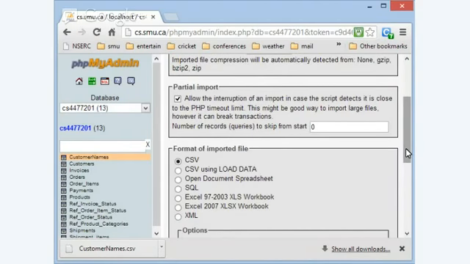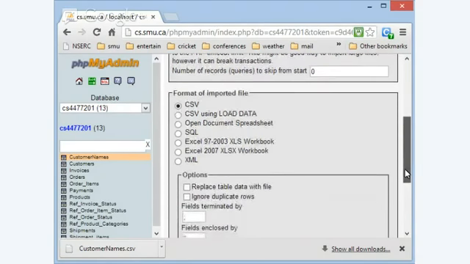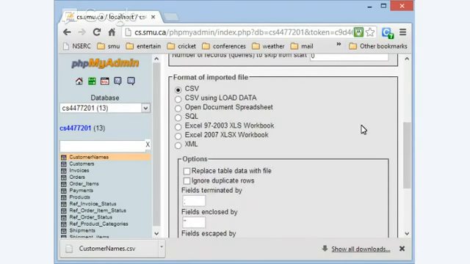If I use CSV, then it's going to add 1 record at a time. Load data is more efficient in many cases. It brings in a whole lot of records in a single